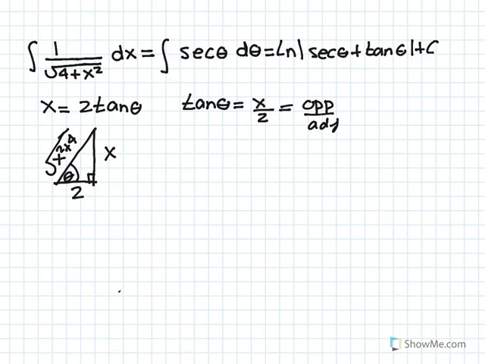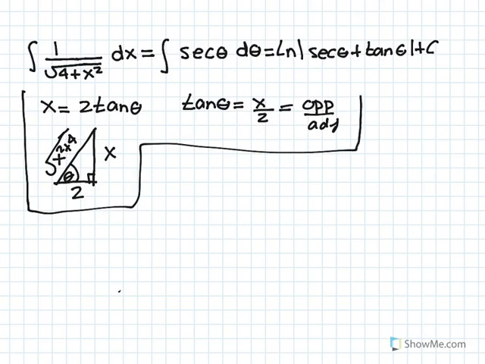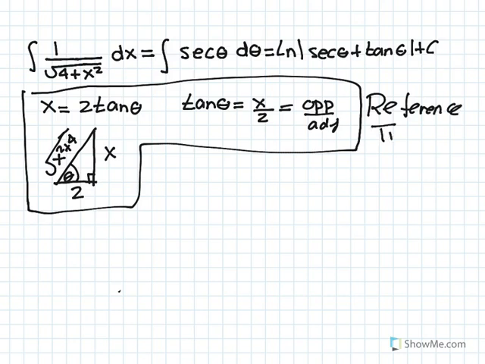Alright, so now you can see how this triangle is very useful to get our answer back in terms of x. So let's put this in a box. This is our reference triangle. Let's label it reference triangle. So what we have is